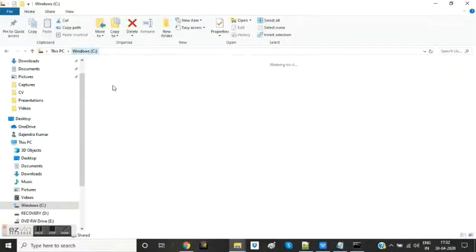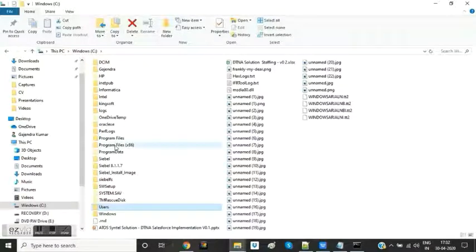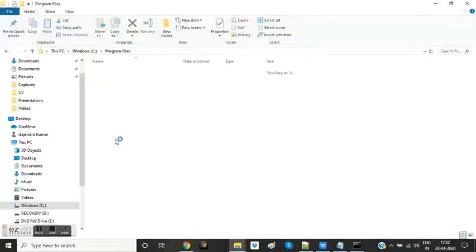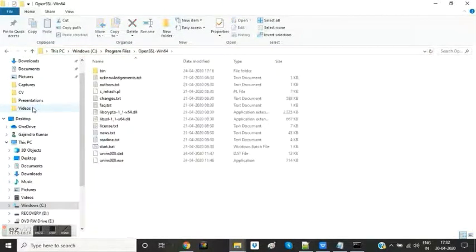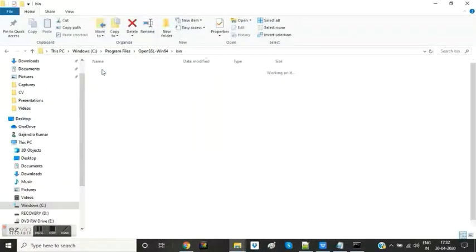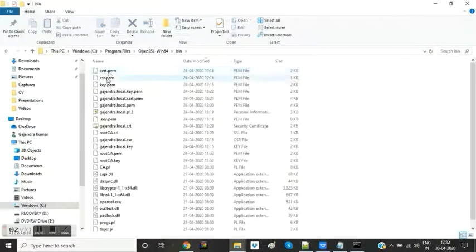For instance, my OpenSSL is installed in Program Files, and the bin folder. So if I execute this command, this file will be created in the bin folder of the OpenSSL installation folder.